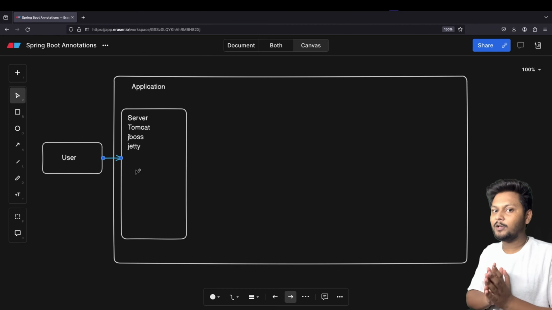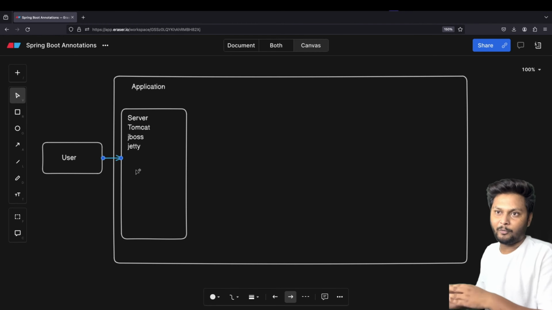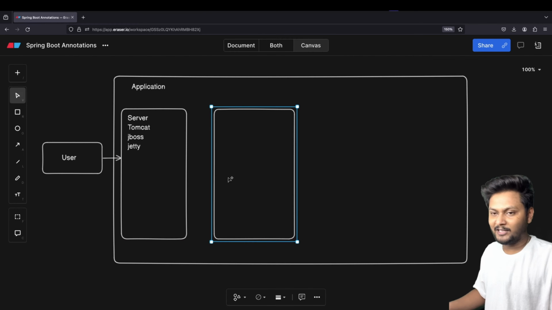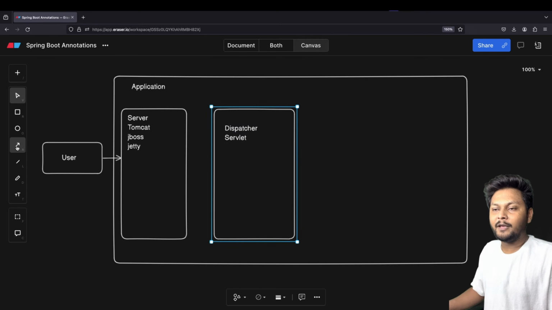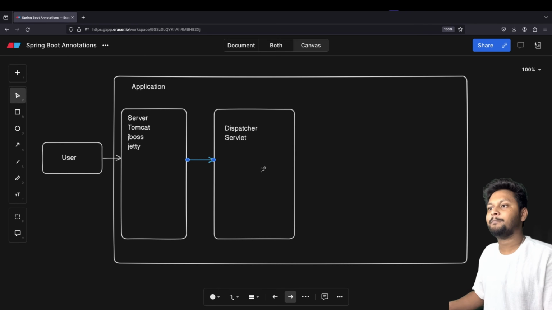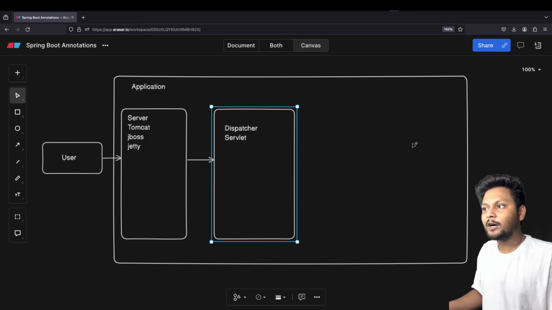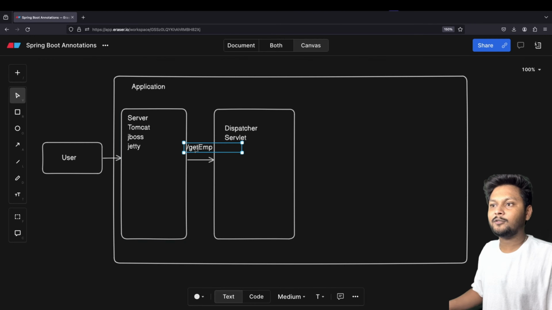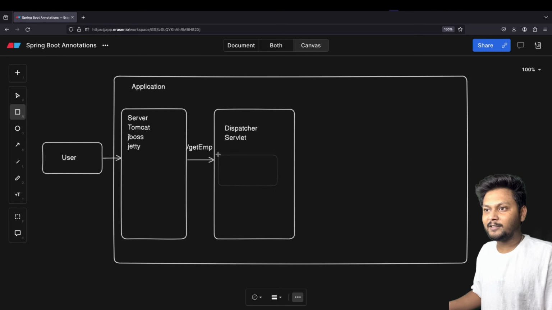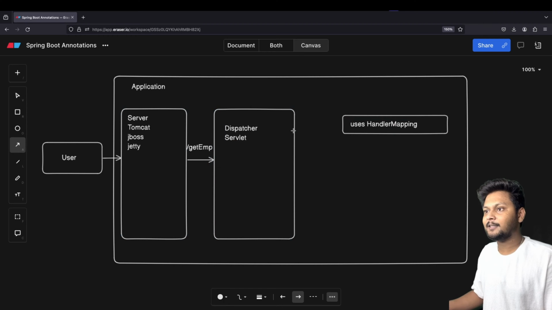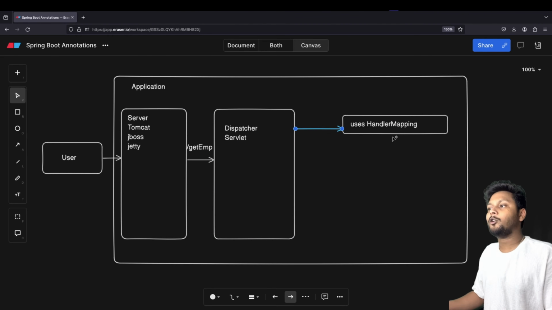Now what this server will do is transfer the request to the next component. What is the next component inside your application? The next component will be something called the dispatcher servlet. So whatever request is coming from your server will first land in the dispatcher servlet inside your application. What is the job of the dispatcher servlet? It will find out the controller for you, which controller consists of that mapping. So let's say the user is calling /getEmployee. The moment the dispatcher servlet gets this request, it will try to find out the controller in which this particular request is mapped, right? So this dispatcher servlet will use handler mapping to figure out what all controllers are there,